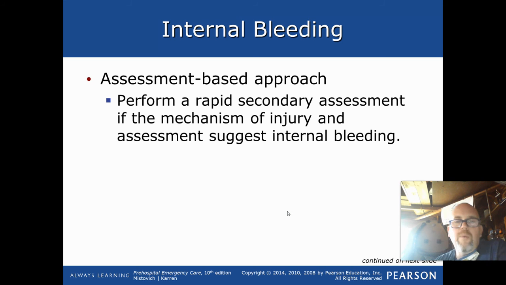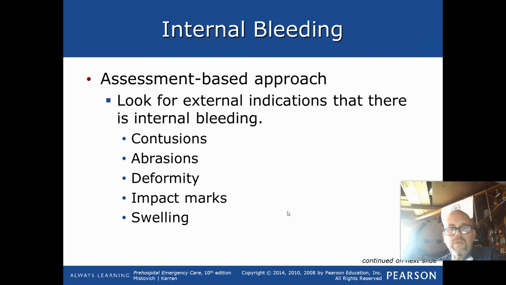Worst case scenario. Perform a rapid secondary assessment if the mechanism of injury and assessment suggest internal bleeding. Head to toe exam. So you're going to be doing your assessment from head to toe, looking for all the injuries in between. I'm probably going to ask you guys pretty soon to start doing some assignments at home, videotaping yourselves, going through these assessments, medical trauma assessments from head to toe exams. I think it'd be a good opportunity for us to practice that skill again. Okay, look for